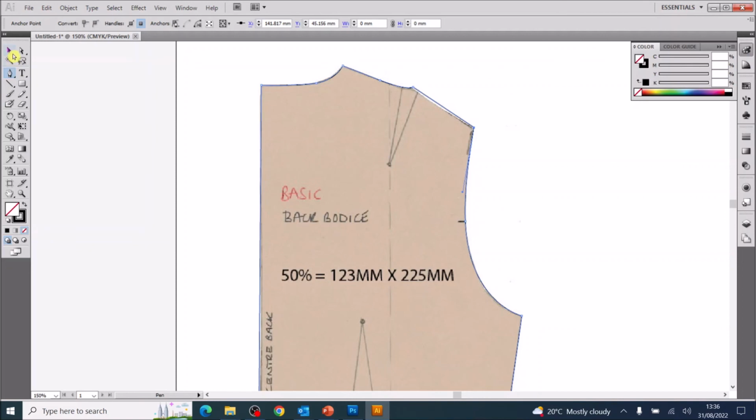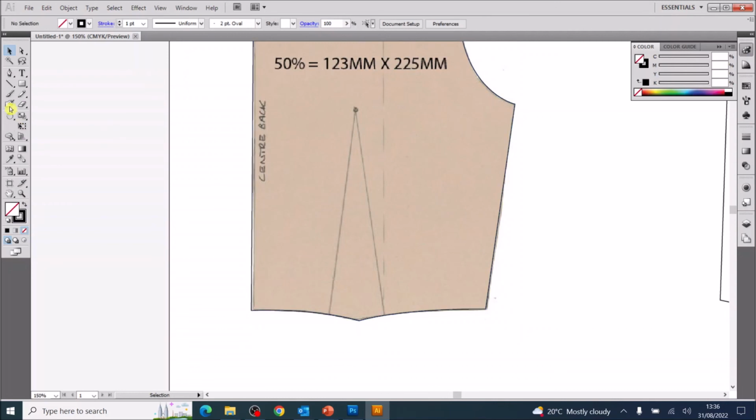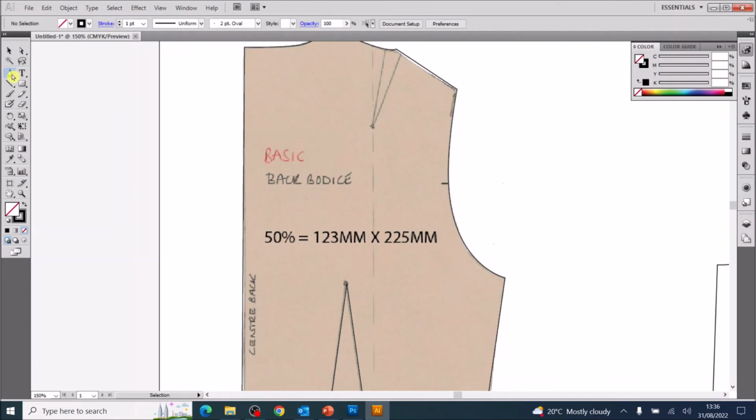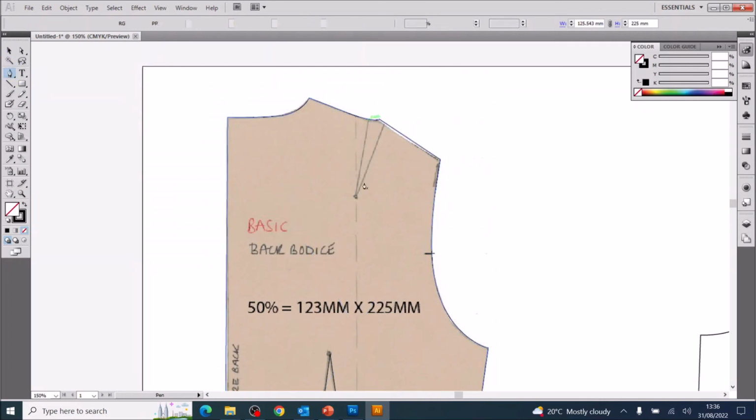We have a dart down here, so I'm going to click off, get the pen again, and there it is, and back to the line. Click off, and then here we see, and we also have another dart here at the top. So again, we're going to click,